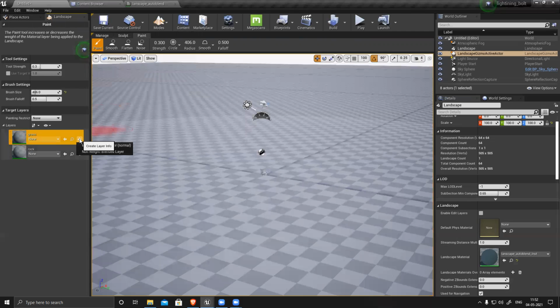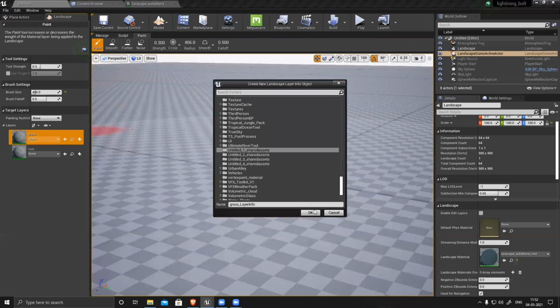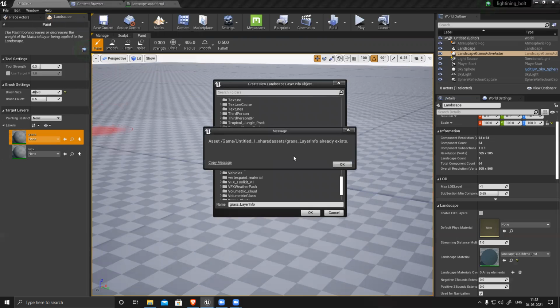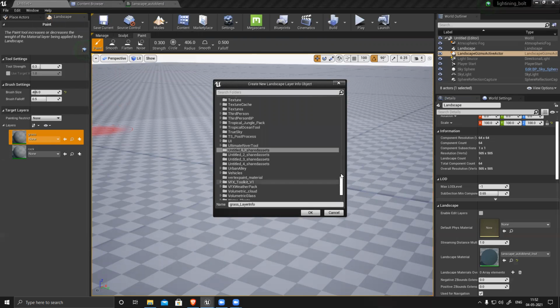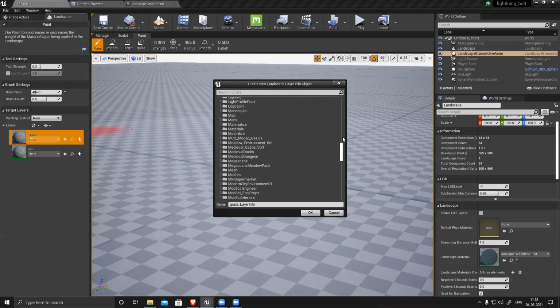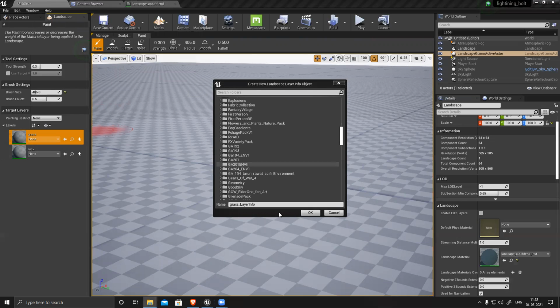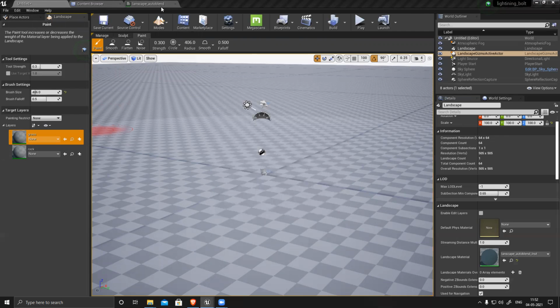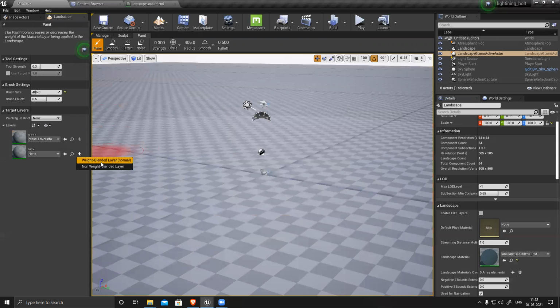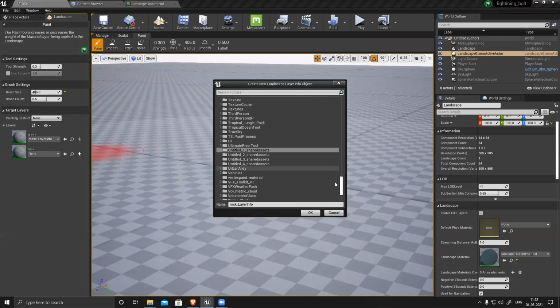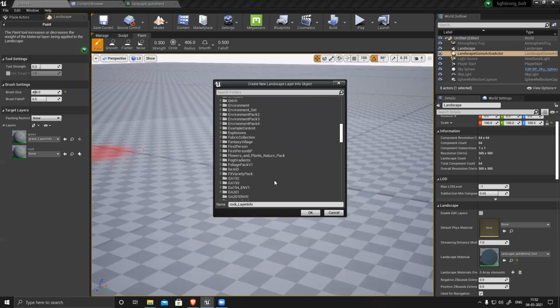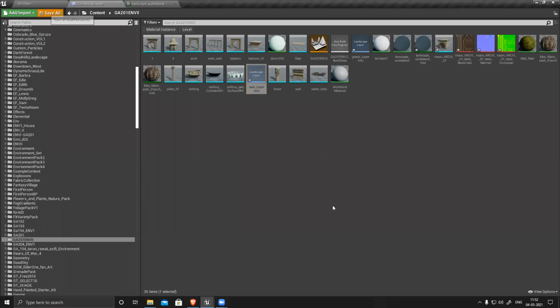So what you have to do is click this weight blend. Or you can save it in your specific folder, 01. Save it. Then click this weight blend. That info you need to save, otherwise it won't generate it.